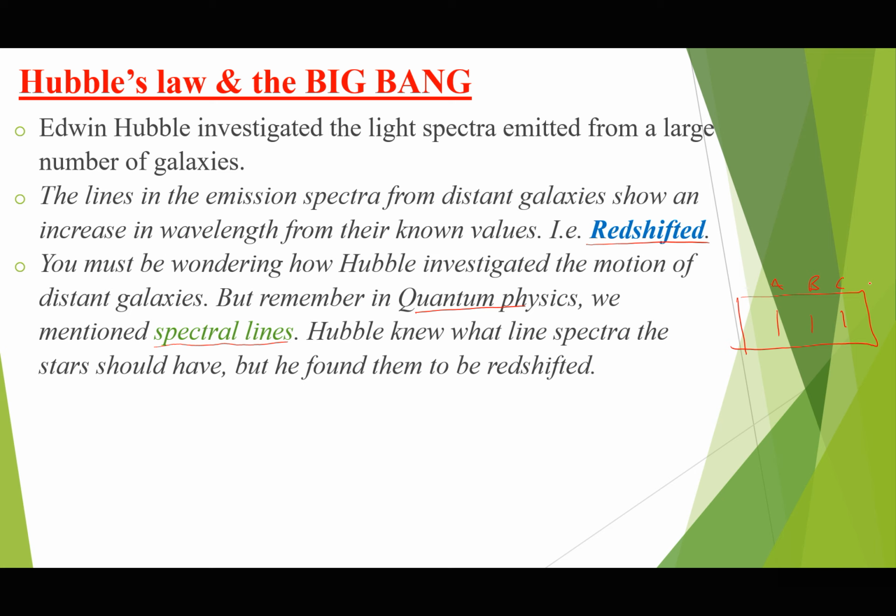If light is passing through hydrogen, we expect the same three lines, for example. So Edwin Hubble knew where these lines are supposed to be. But when he observed light coming from distant galaxies using a very powerful telescope, knowing that the light must be passing through the same chemical, such as hydrogen, or the same cooler layer of gas, such as helium, he noticed that the spectral lines were shifting towards one end of the visible